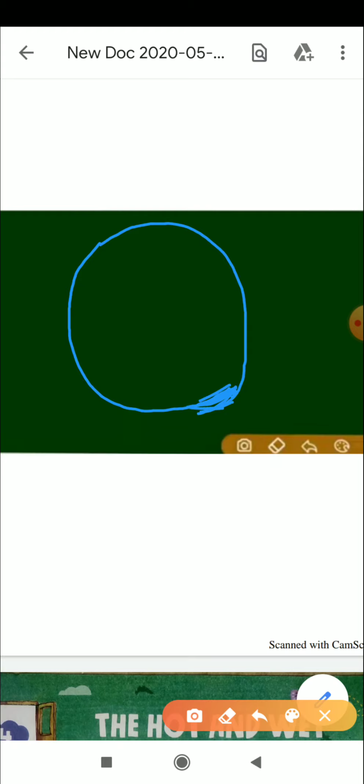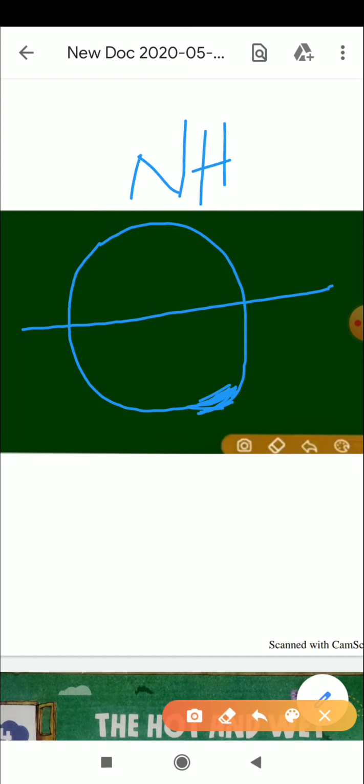The equator passes through the middle of the earth. It can be divided into two parts: the northern hemisphere on top and the southern hemisphere.